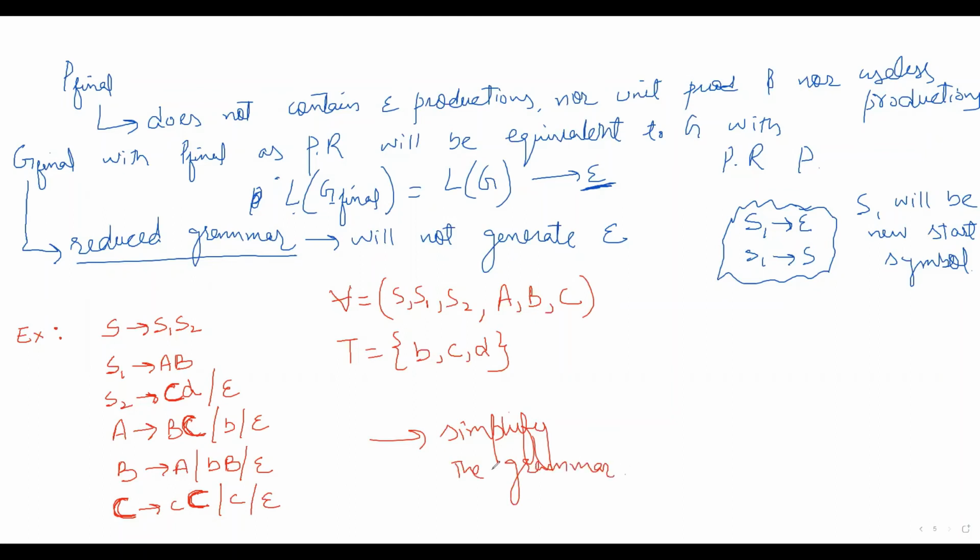Fine. So with this, I will stop this particular lecture here. In this lecture, we have completed the context-free grammars. And in our next lecture, we will start the normal forms. Basically, we will be discussing two kinds of normal forms. One will be Chomsky normal form, and another will be Greibach normal form. So we will discuss these normal forms and what is the importance of these normal forms. So let's meet in the next lecture. Till then, good.